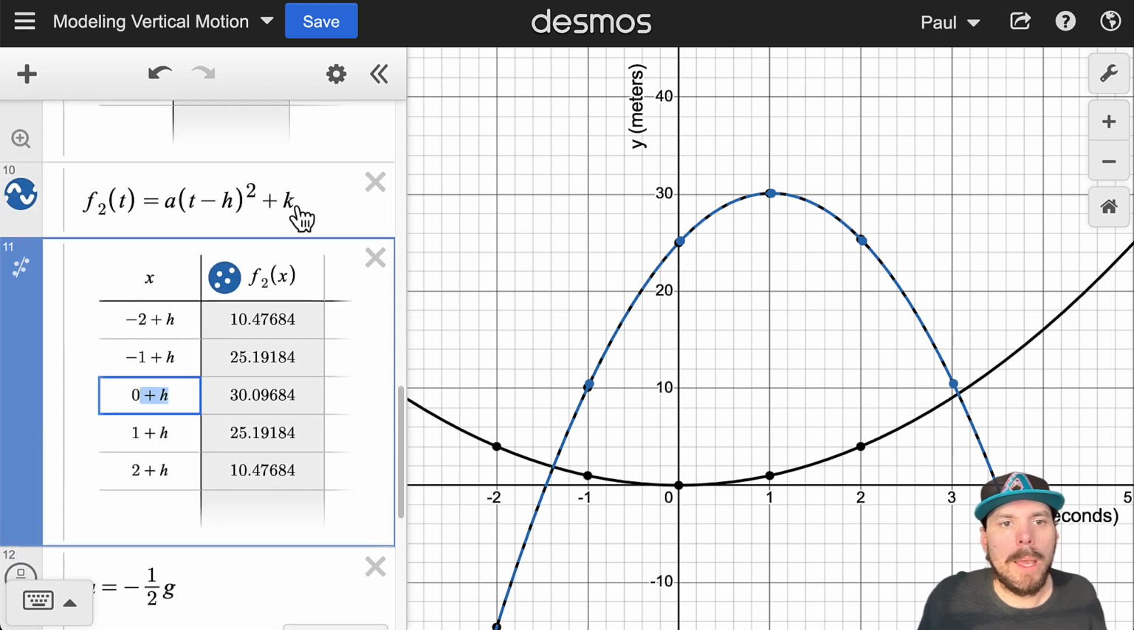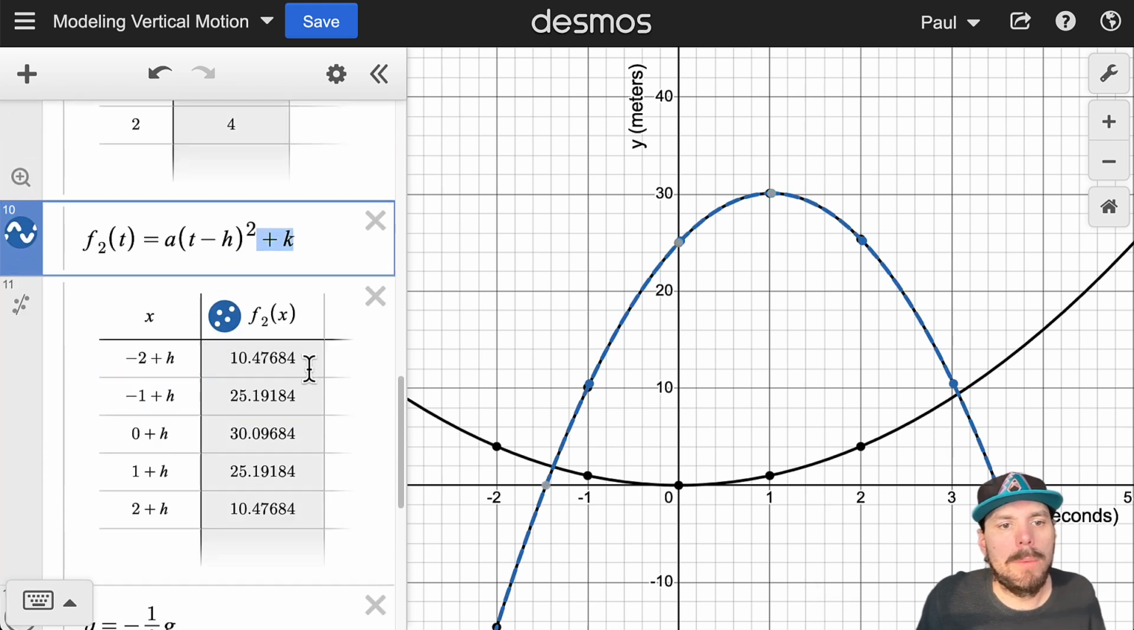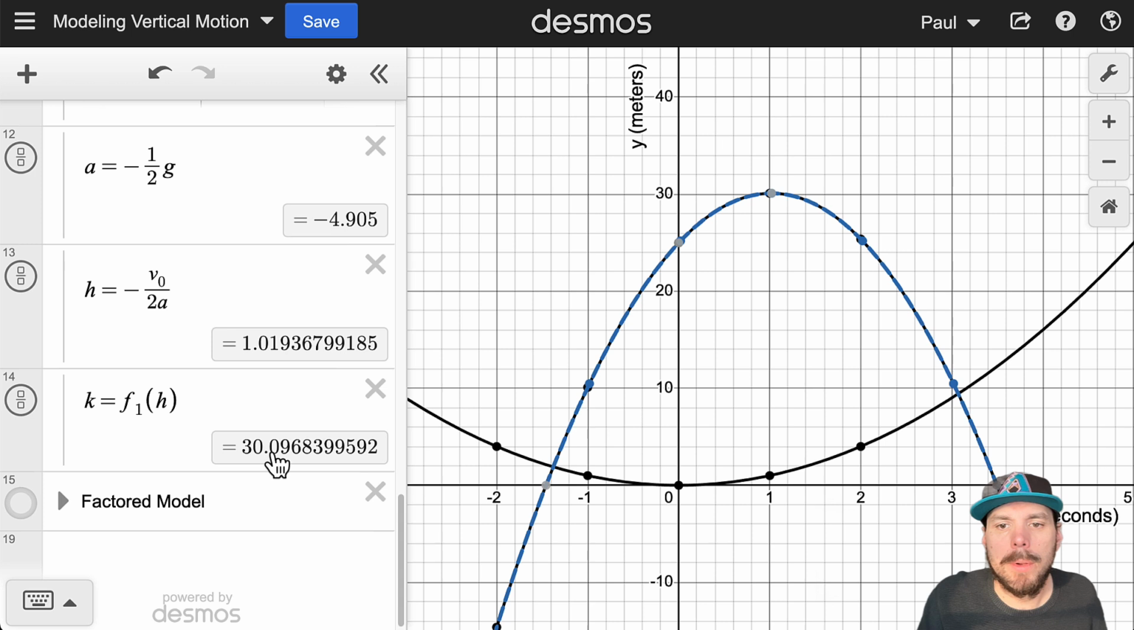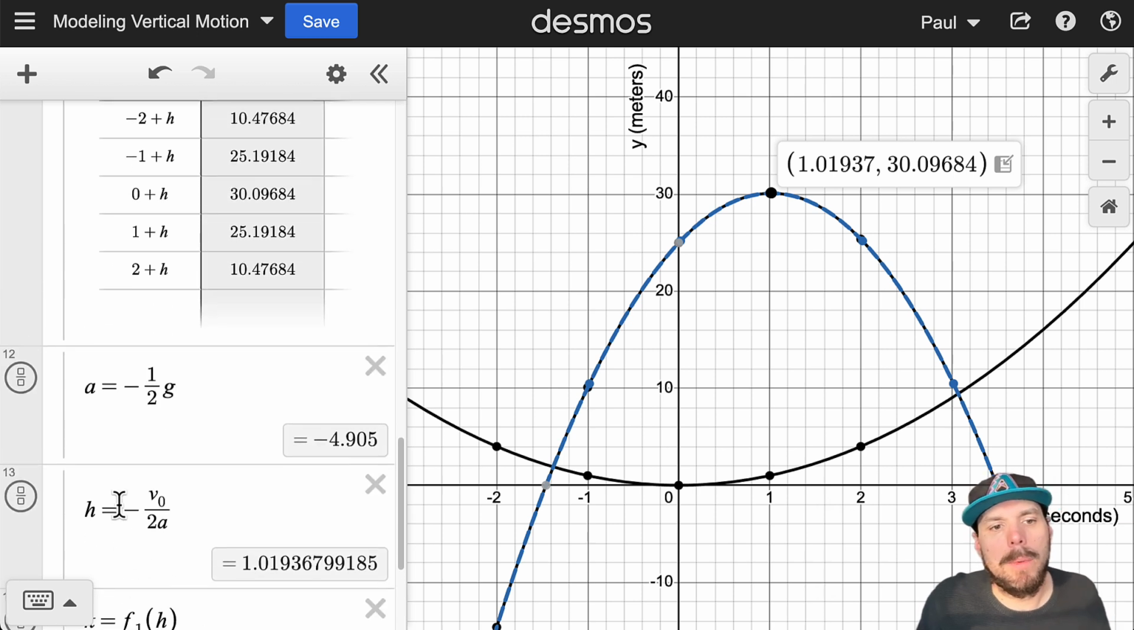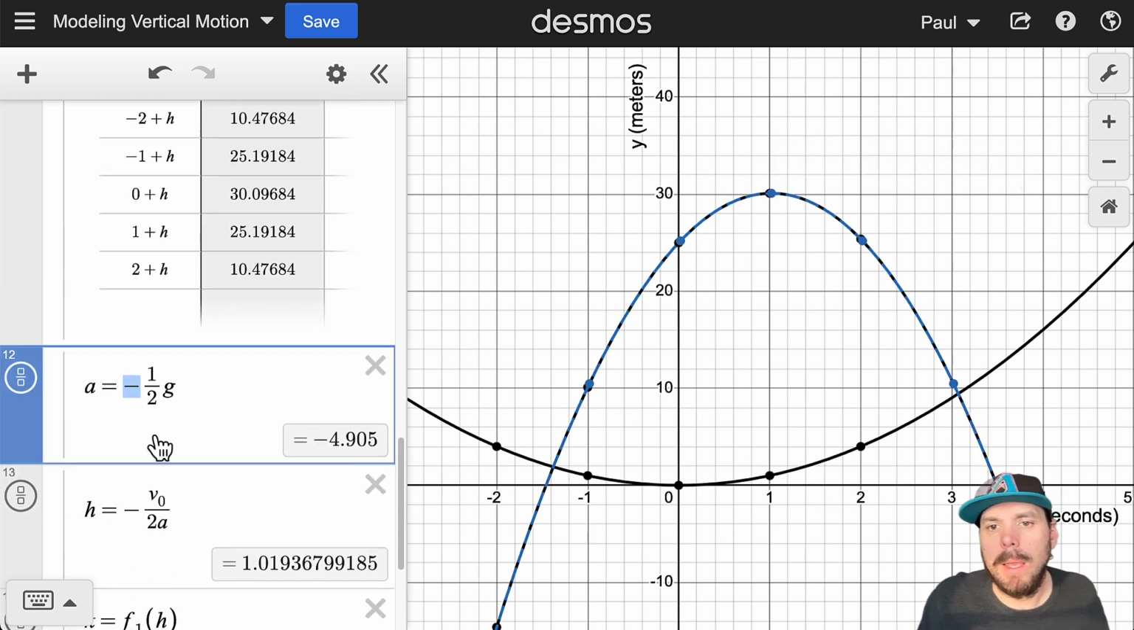We have a k where the point is moving up, and in this case it's about 30 meters. So it went to the right 1 and up 30, and we see that's how we get to that vertex here. The other transformations that we have is a flip, and that's happening with a negative value for my a. It's a vertical flip. And lastly, the 1/2 g was half of 9.8, so about 4.9 as a vertical stretch